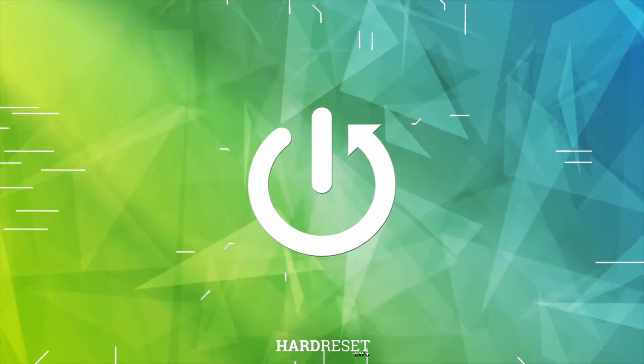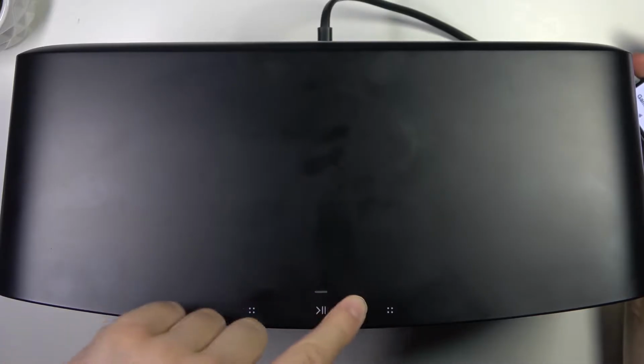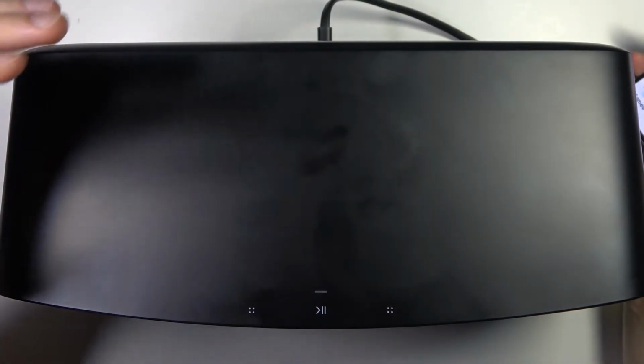Hello, in this video I'm going to show you how you can set up your Sonos 5 speaker with your smartphone and the Sonos application. So first of all, you need to get this green LED blinking. If you don't know how to move this speaker to the pairing mode, you can find the second video